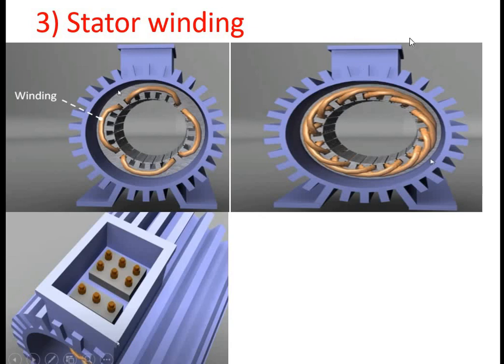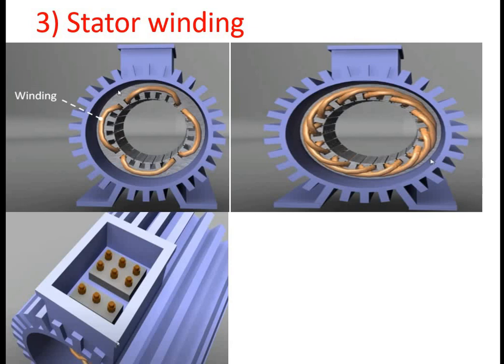This is the terminal box, in which we can see the terminals of all the 3 phase windings. Totally, in the stator we will have 6 terminals, and here we can see the 6 terminals. This is for the stator. And here the separate 3 terminals are for the rotor. If we prefer a slip ring induction motor, we have to go for rotor terminals. If we use a squirrel cage induction motor, we will not have such rotor terminals; we will only have stator terminals.